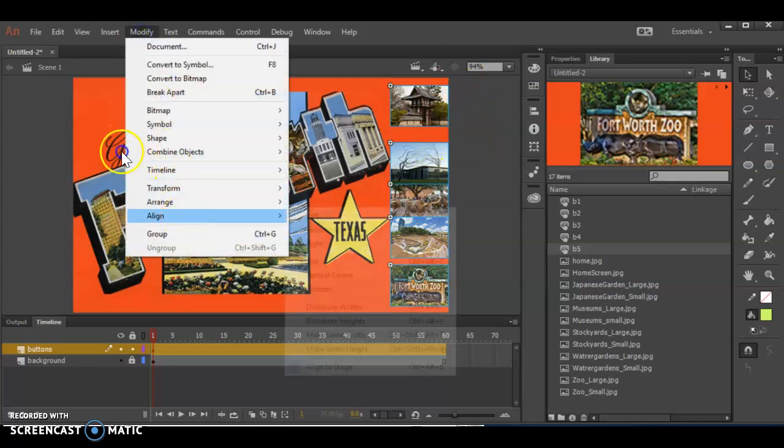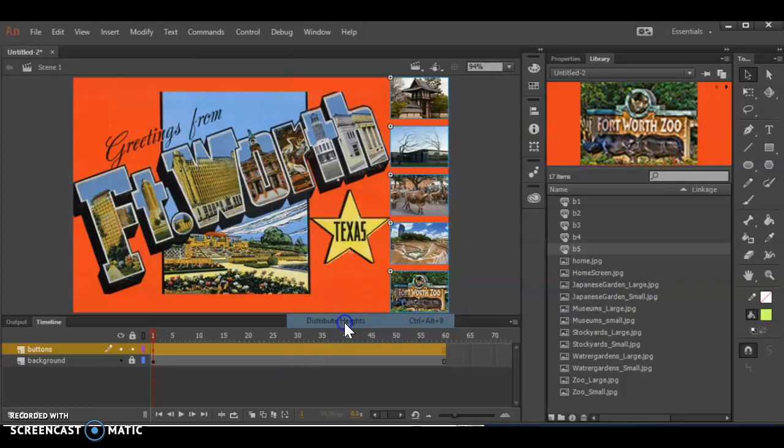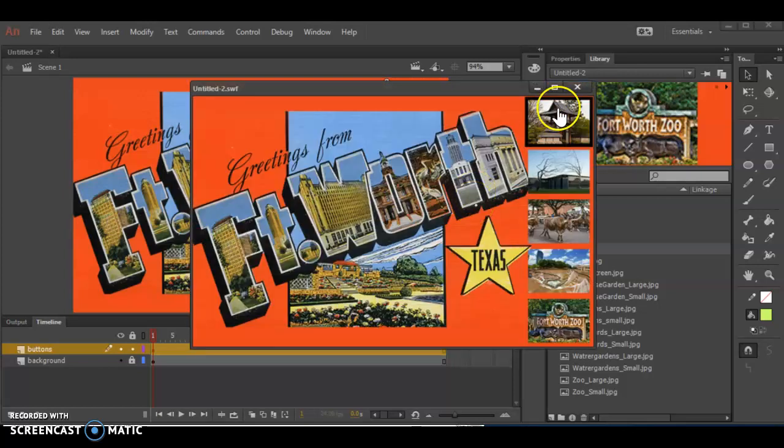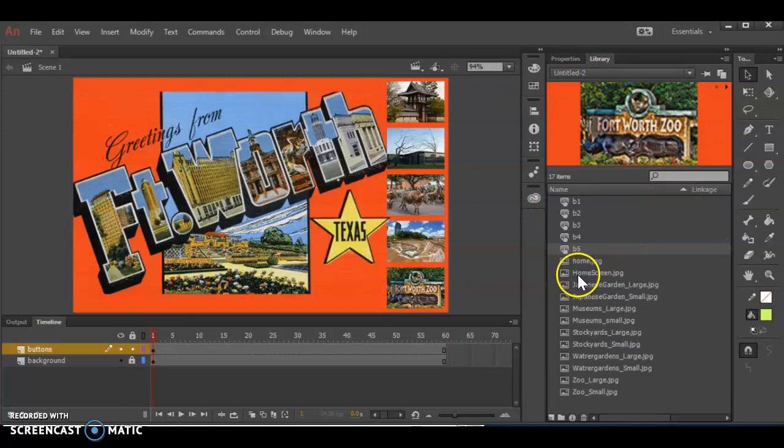And then the next thing I'm going to do is Modify, Align, and Distribute Heights. So now they're all equidistant apart. I might just scoot them in a little more, just to get them away from the edge. You can if you want. It's up to you. That looks pretty good. So if I hit Control Enter and test it, you can see the rollover effects and they look nice. The other thing I want to put on this layer before I get too worked up is